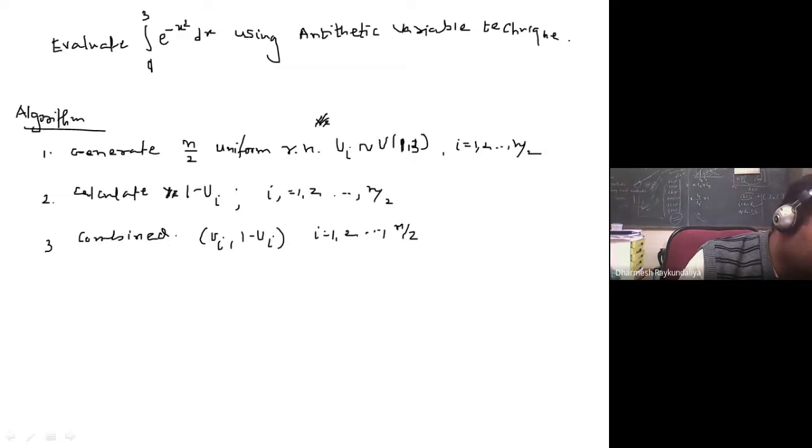OK. So finally you have one variable, which we call x. x is a vector of variables containing u1, u2, up to un/2 and then 1 minus u1 up to 1 minus un/2. So how many total are in x? n observations. Then fourth step is